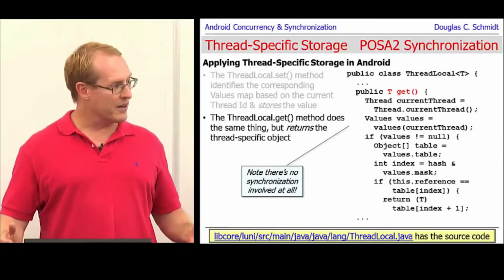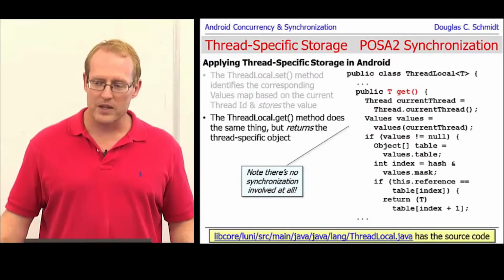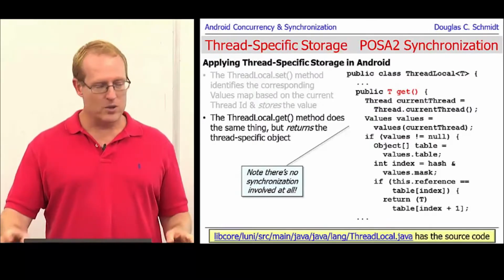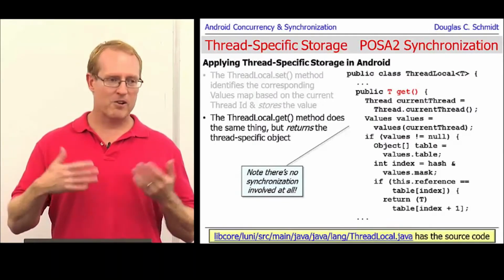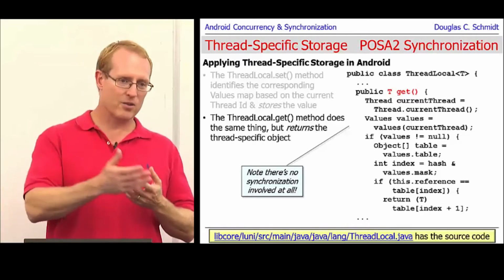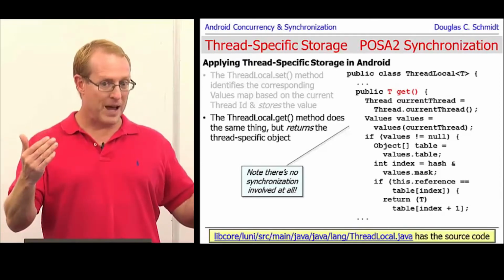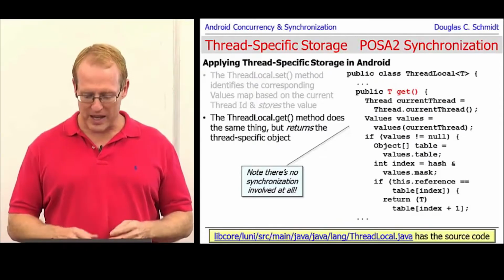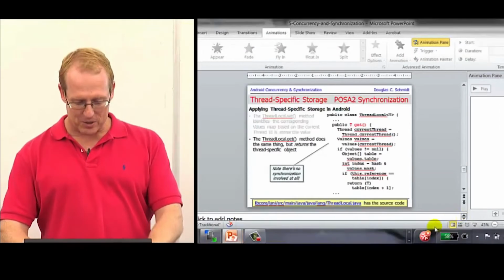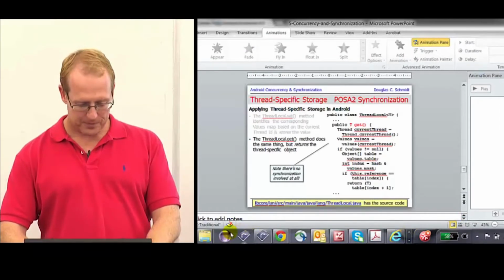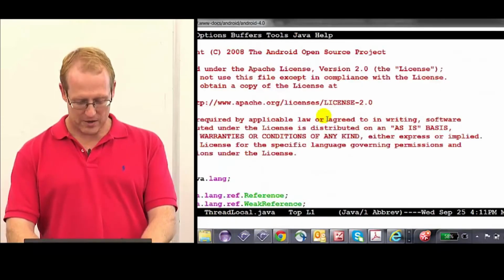And then there's get. So get's a little bit different. It's a little bit more complicated. It uses the same technique of basically figuring out what thread it's in, going and getting the thread local map, if you will, from that particular thread. And then it's got some more stuff that's going on. Let's go take a quick look at that. Basically, if you see here, let's take a look at